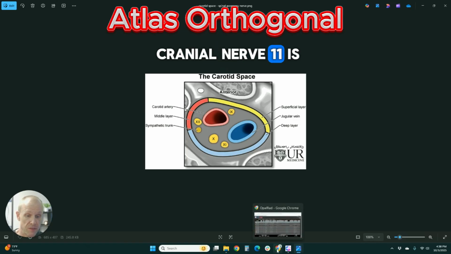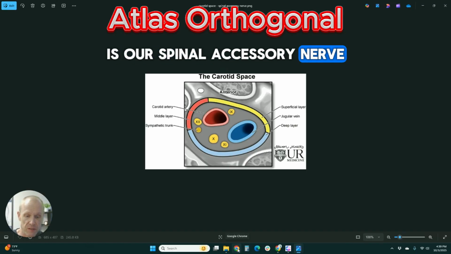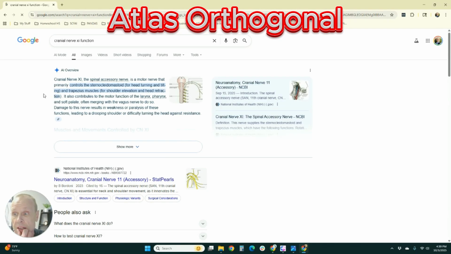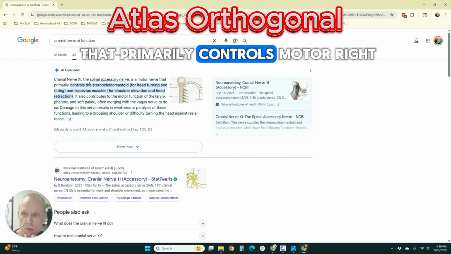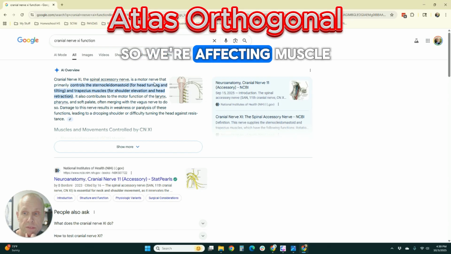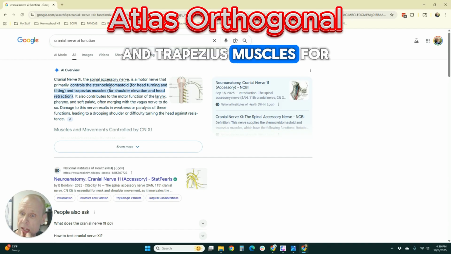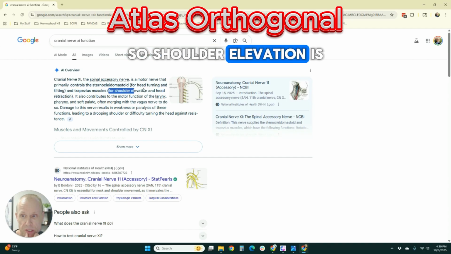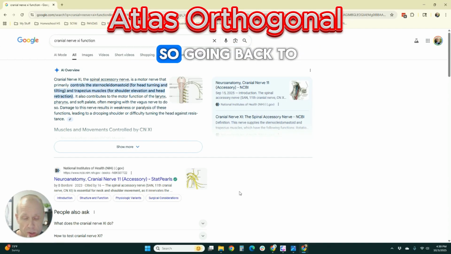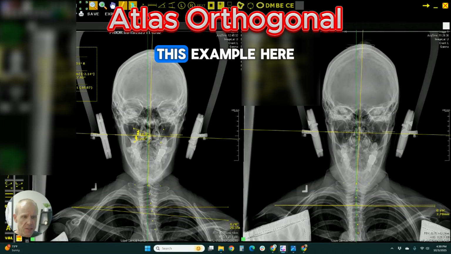So cranial nerve 11 is our spinal accessory nerve. Function: cranial nerve 11, the spinal accessory nerve, is a motor nerve that primarily controls motor, right? So we're affecting muscle tissue, that primarily controls the sternocleidomastoid and trapezius muscles for shoulder elevation and head retraction. So shoulder elevation is what we're focused on. So going back to this example here,